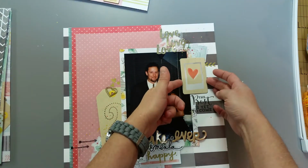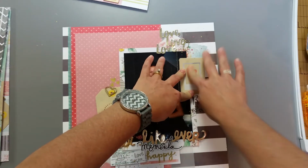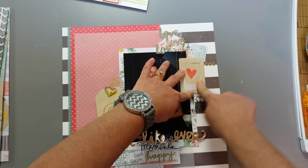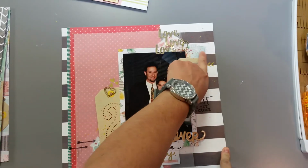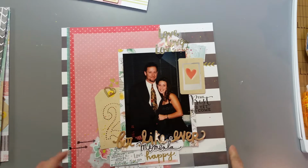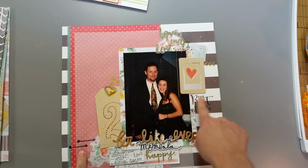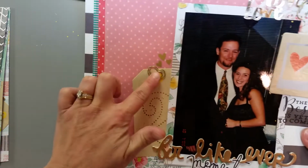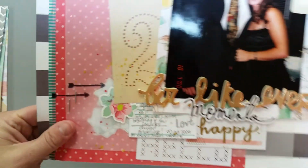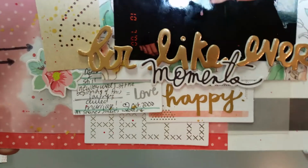And we're falling apart. I swear I need to get some new adhesive because I just don't put enough on there. Anyway, so here's one of the Amy Tan cards that was in her ephemera pack. One of the clips, some of a camera there, the love, love, love. I did stamp because I had the Heidi Swap stamp set. I used the arrow here and then one of the phrases here, and then a bunch of the gold letters here, another clip here, and then one of the tags, and a couple of the cards down here where I journaled on this one here. And one of the words